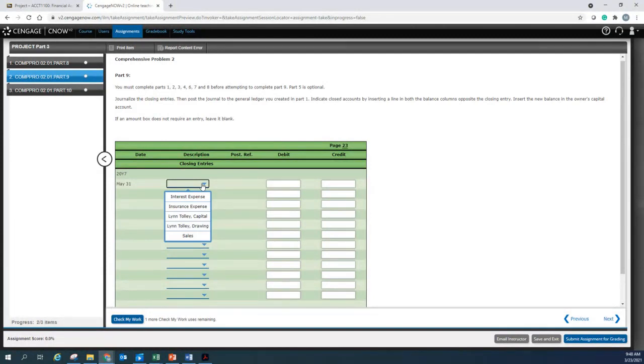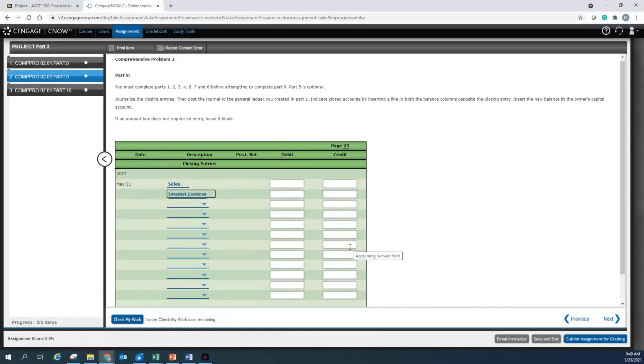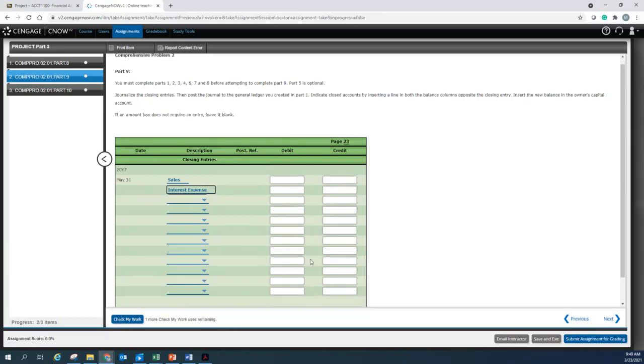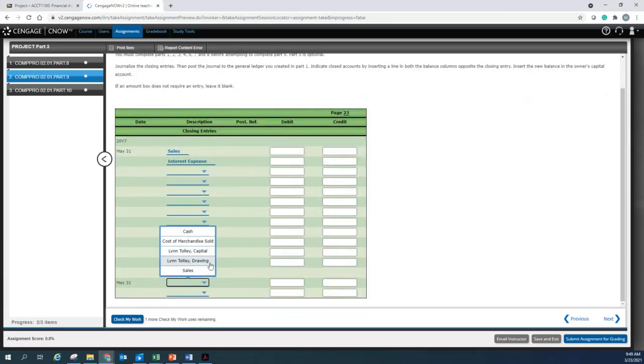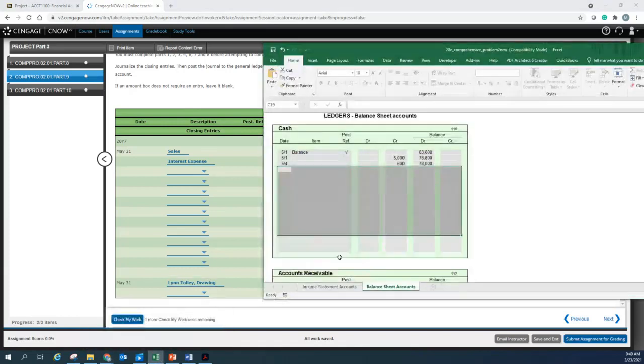So you're gonna list out all the expense. Well, first list all the revenue account, which is sales, and then all the expense accounts, and you close it to capital. That's the first journal entry. The second one, drawing, close out to capital. But what are the balances? Where do you get it from? You get it from your ledger,